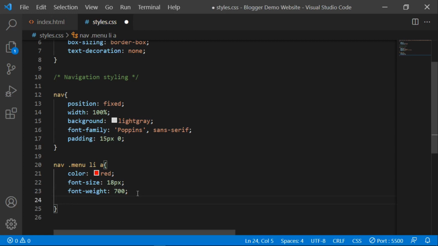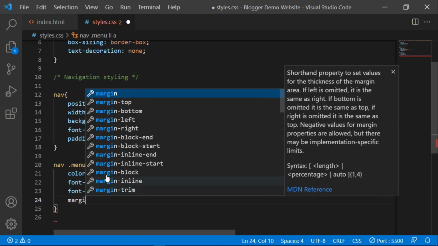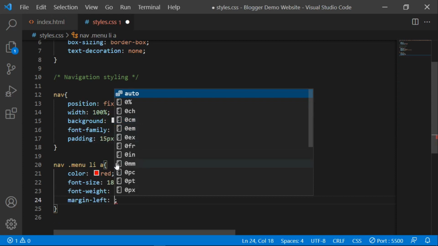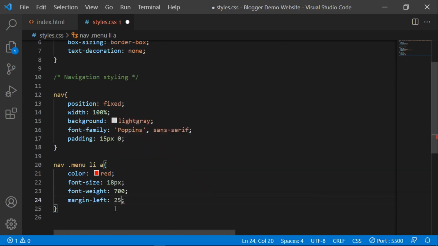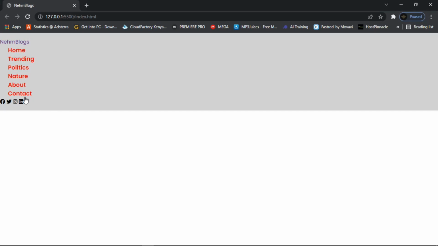So the other property that I'm going to give it is margin. Margin left, some space between the edges on the left hand side and the elements. So I'm going to give it 25 pixels. And first of all, let me save and see some changes on the browser. And then guys, you can see I think it is good for me. So now guys, I want us to first of all stay in this section here for this part for